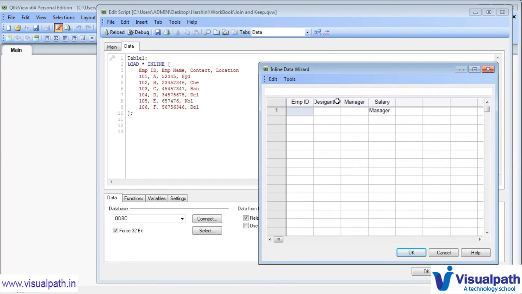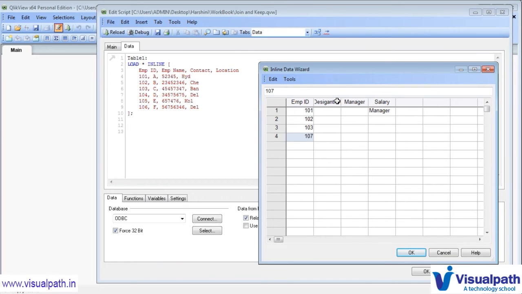Okay, so here let's say I'll give 101, then 102, 103, but let me show that we do not have that information regarding 104 to 106 employee ID.